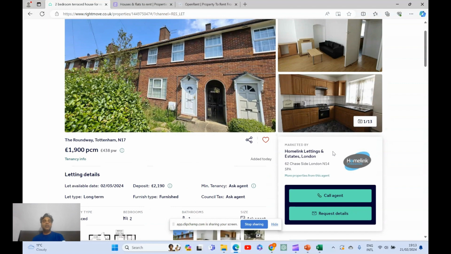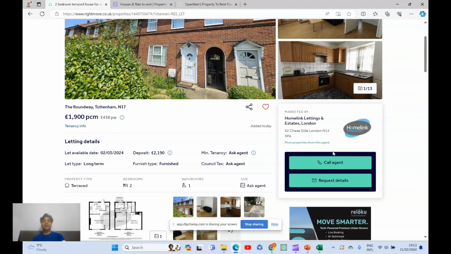One thing to notice here is that, unfortunately, I think most letting agents are very rigid. They don't plan viewings based on your availability, but based on their availability and on a specific date and time. If you miss that date and time, you can always reschedule, but it is very difficult that the house will still be available, because there are multiple people looking for houses, especially if it's a good house and it has a reasonable rent. So instead of